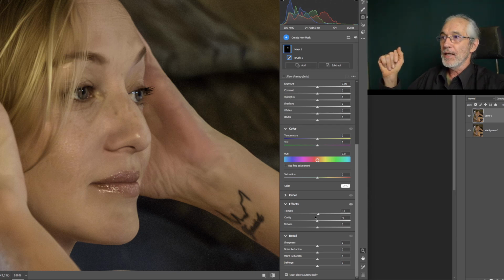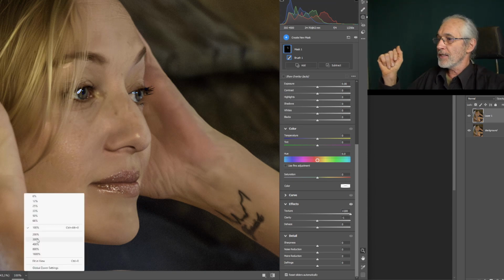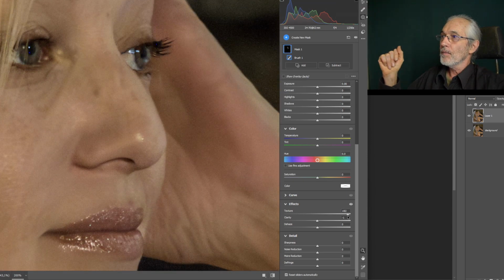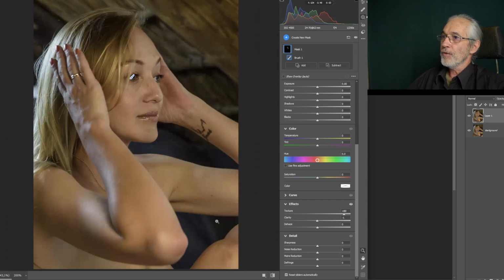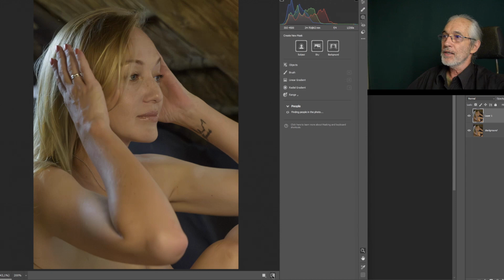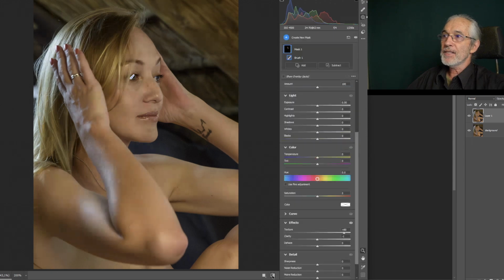Increasing that, and you can see at 100%, it even makes quite a pleasant and interesting effect there. If we zoom in further, let's go to 200%. And there you can see how big a difference it makes. So I'm going to leave it at 80% here. I'm going to zoom out the before and after on this. And this is the effect that you get by just using clarity and texture properly at various levels inside your